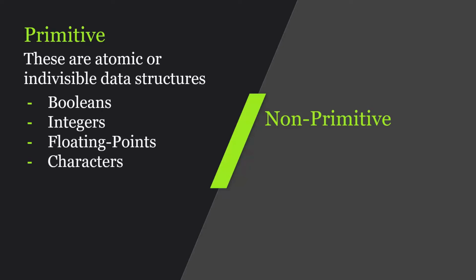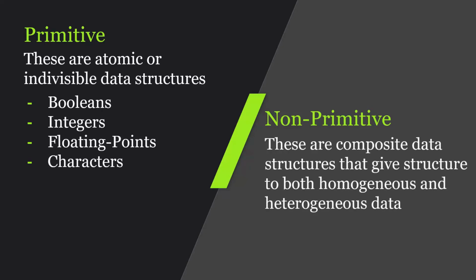And our non-primitive ones are composite. They are ones that are built off of other data structures. So we might have an array of characters, which gives us strings. Or we might have an array of integers, which would give us maybe a list of integers. And we can have a combination of other data structures that might give us graphs or trees or other composite-based